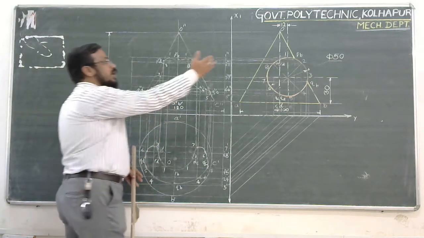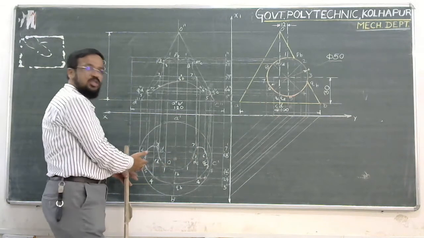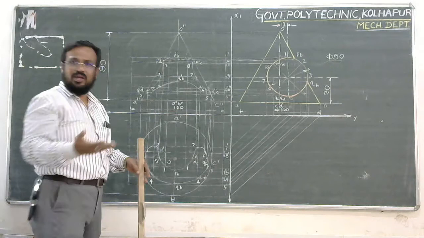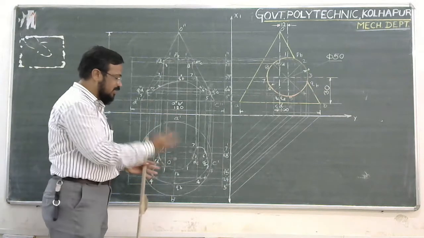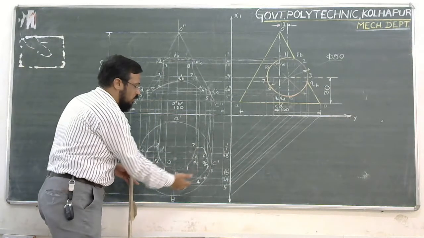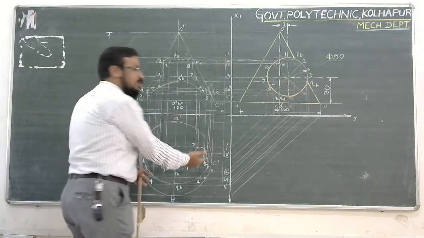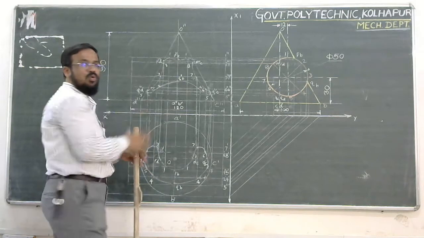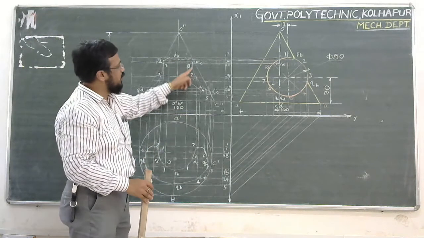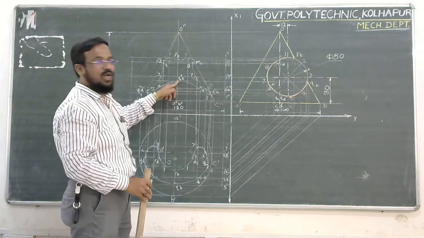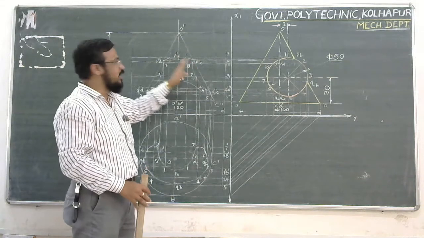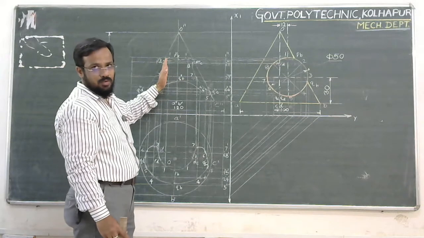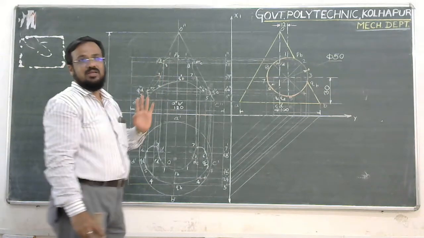No doubt you can take the reference in the form of points and you can join. But it is now clear that the object is symmetric with this axis. Whatever the type of curve or shape which you obtained on this side, the same kind is going to repeat over here. The same thing is applicable over here. From this PB to 1 PC, this curve we have already traced out. The same curve can be traced out for the remaining part of this front view, because these objects are symmetric.